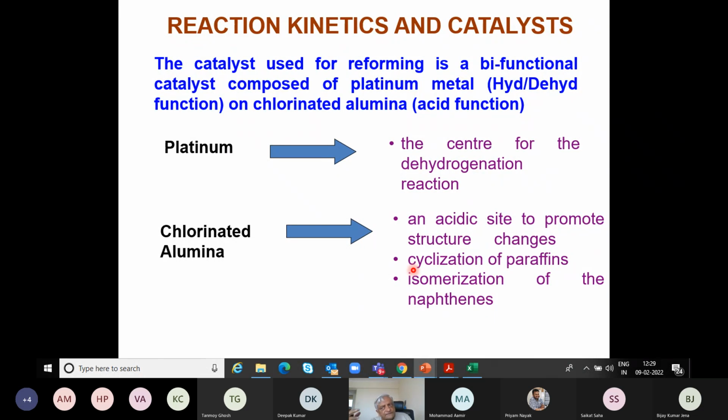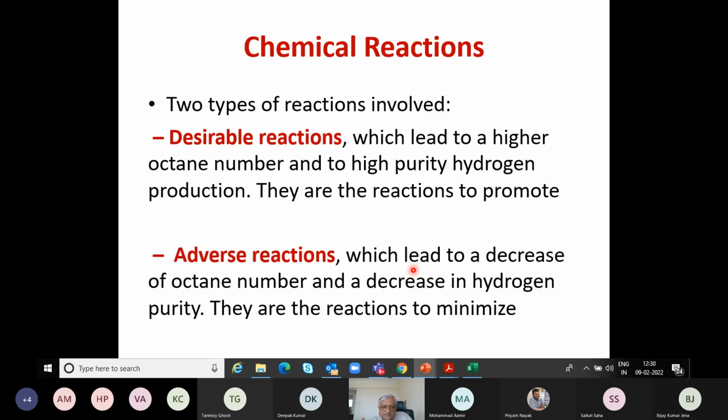One is a metal function, which is the site for either hydrogenation or dehydrogenation, and also a chlorinated alumina or some kind of a support. So basically, this platinum is impregnated on alumina, and that's how you make this catalyst. This is chlorinated alumina, which helps and supports these functions. So here we will